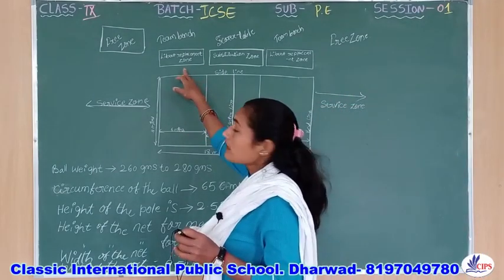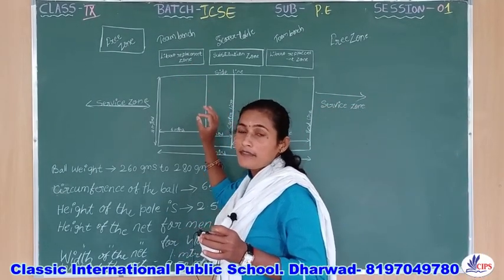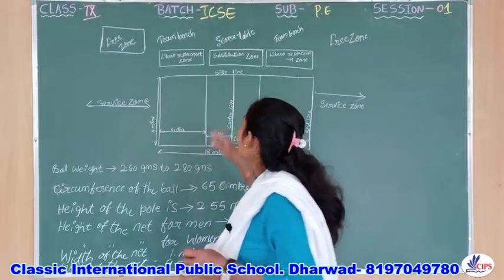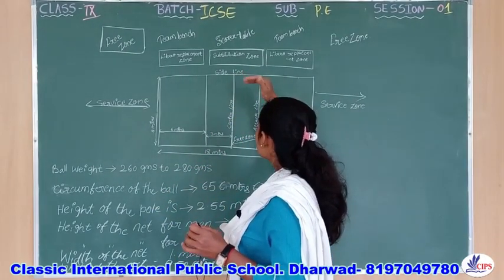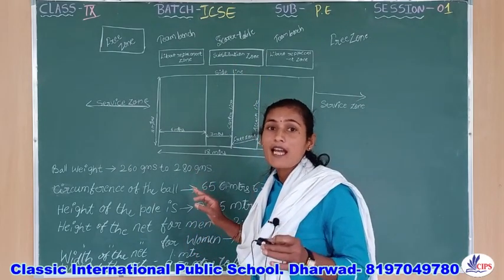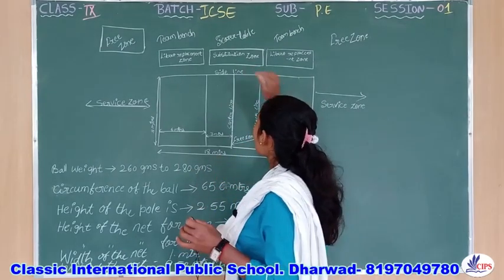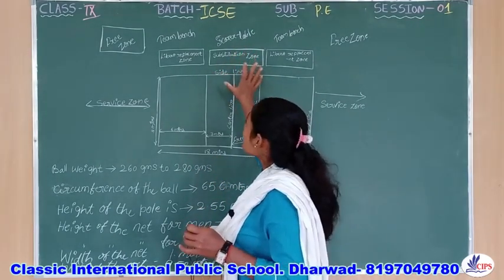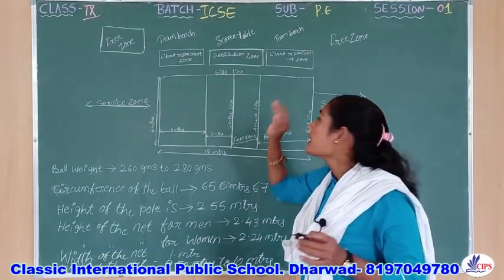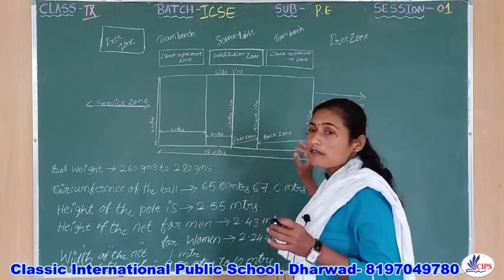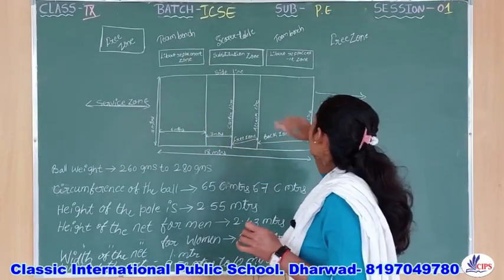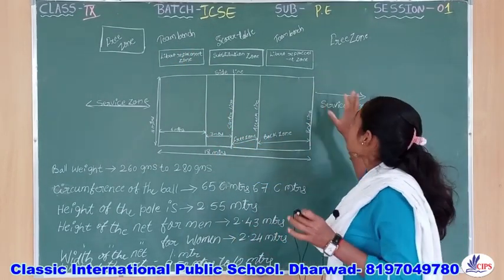Then at the top of the back zone is the libero replacement zone. I will explain in the next class who the libero is. Next, at the top of the free zone or attack zone is the substitution zone. Substitution will happen from this place only. Then again at the back zone there is a libero replacement zone for both teams. One team has a libero replacement zone here, and the other team has one here.